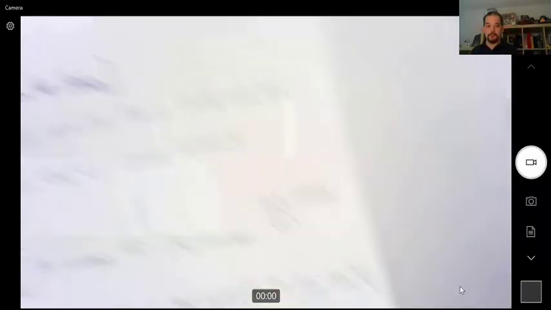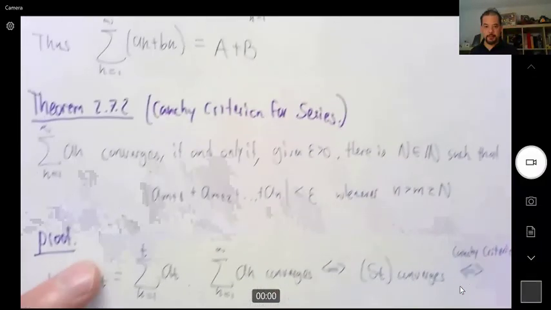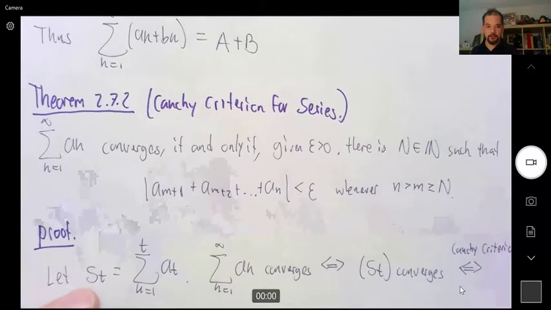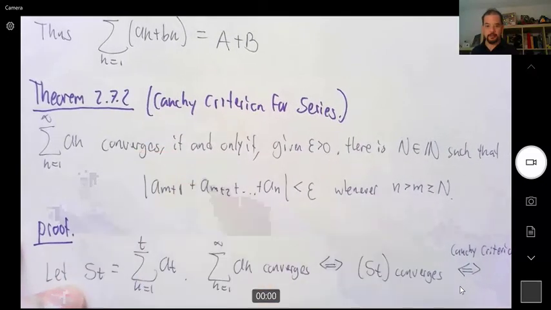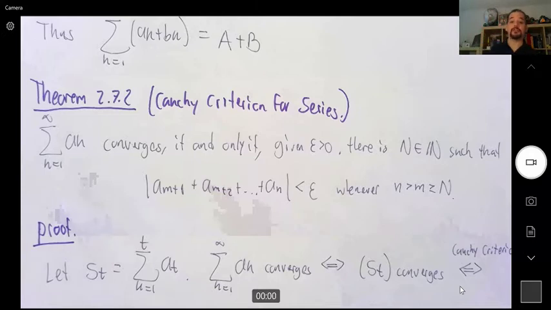Go back to what we were doing. So, from last time, we saw this Cauchy criterion for series, right? It's just the meaning of the partial sums being a Cauchy sequence. You just take the meaning of being a Cauchy sequence and you apply it to the sequence of partial sums, and